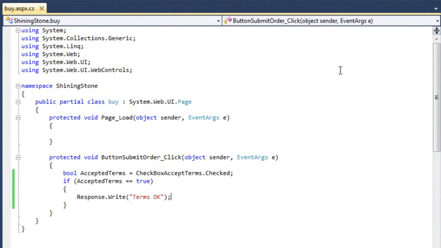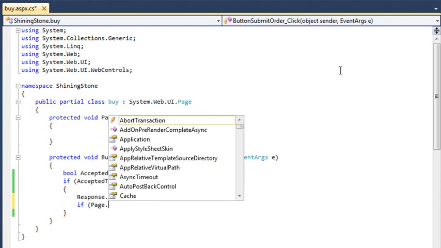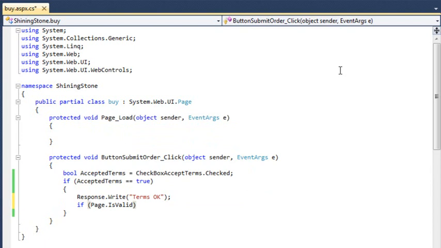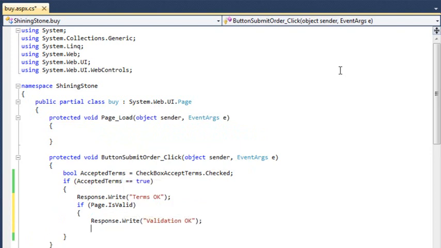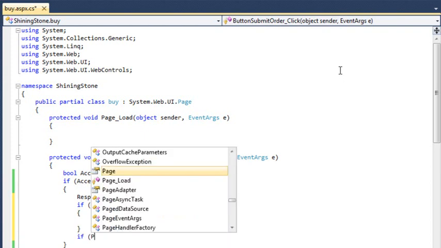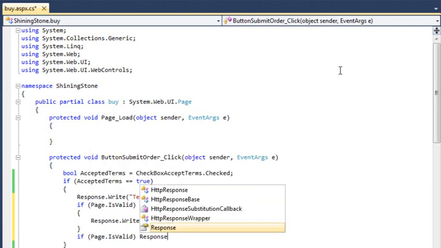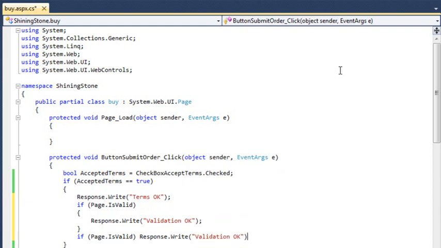Next, add the following code inside the if statement you created earlier: if (Page.IsValid) { Response.Write("Validation OK"); }. Note that as well as using curly brackets, you can put an if statement on a single line. For example, if (Page.IsValid) Response.Write("Validation OK");